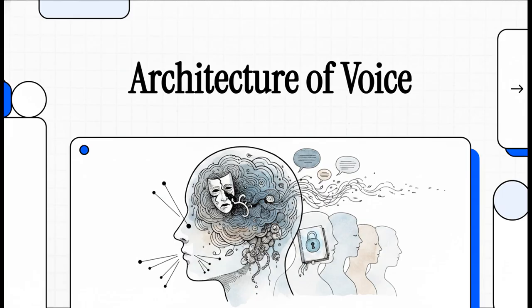Well, physical action and plot are really only half of the equation. In fiction, voice is everything. Today, we're going to unpack the incredible architecture of fictional expression. We'll explore how writers build characters not just through what they do, but by masterfully controlling what they say, how they think, and perhaps most importantly, what they desperately try to hide.